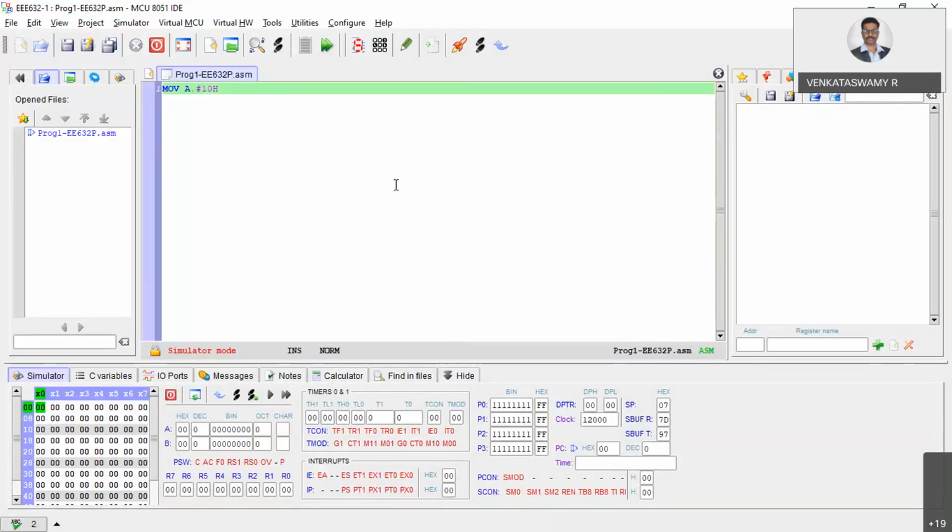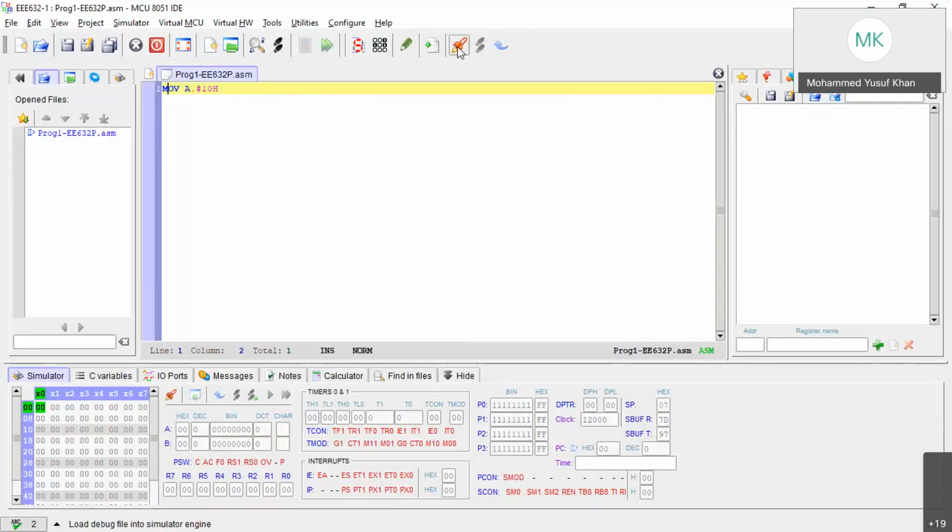Yeah, we are able to see your screen. Yes, sir, I saved this and I ran it. Okay, so you're able to see the output. Can you run and showcase the 10 output in the accumulator?